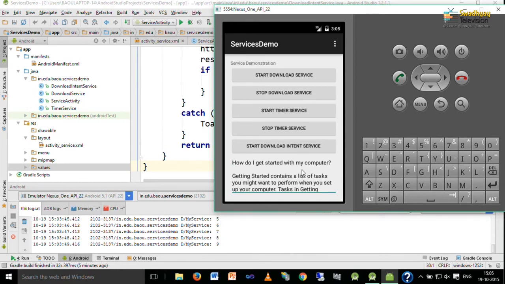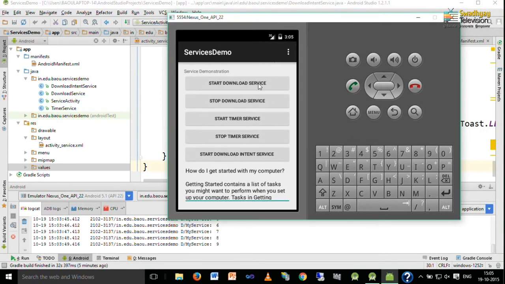So, this is how you can implement different types of services: a service that performs a task asynchronously, a service that does repeated tasks, and a service which does not need to stop explicitly.